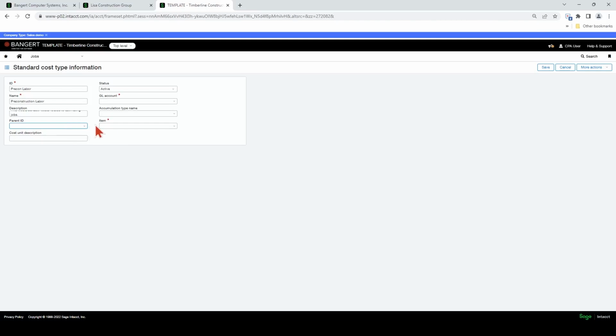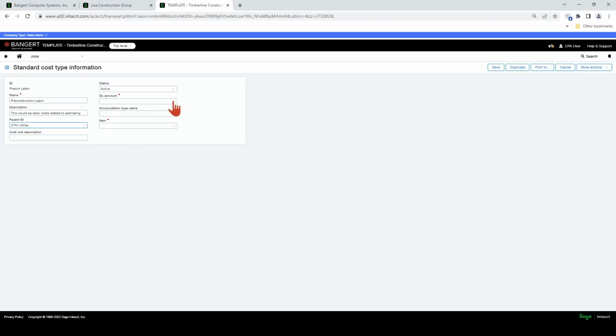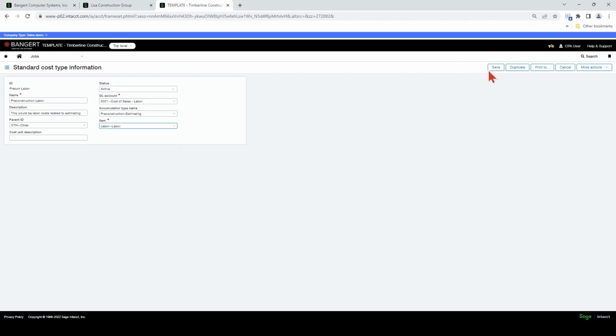And we want to put this under other for the moment. And we're going to put this to cost of sales, labor. And let's go find our new accumulation type, pre-construction estimating. And I'm going to pick labor here. Hit save.